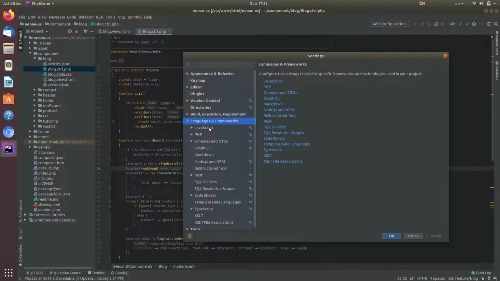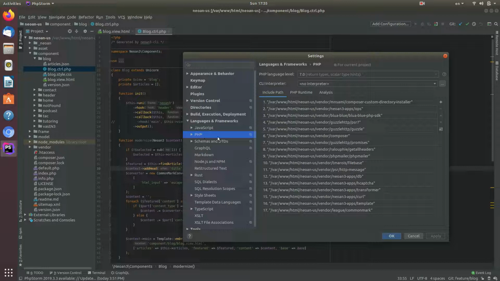worry about. So if I go to my PHP, a lot of those things are automatically maintained, so don't worry if you find something here that you can't explain right now. That normally is because some kind of path or composer or whatever put that there for you. As you can see right here, it says no interpreter. This is something that I want to fix and say, no, I'm actually going to use the interpreter that PHPStorm has on file, and this is something